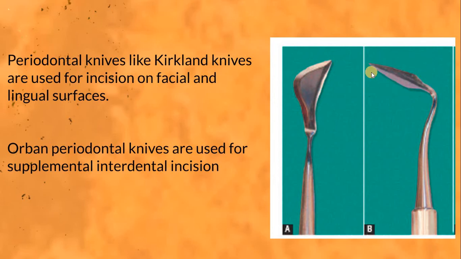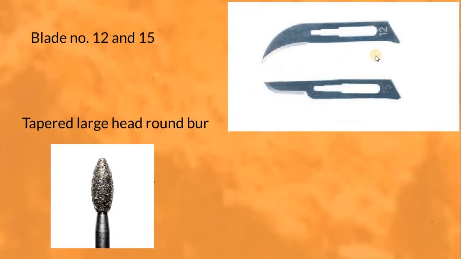This is a supplemental knife used for incision of the interdental areas, to loosen or cut the periodontal papillary area when you cut through the gingiva. As I said, blade number 12 and 15, mostly we use 15 because it's more accurate, and you can stabilize it very well because the head is smaller. You put all the power here for cutting the gingiva,